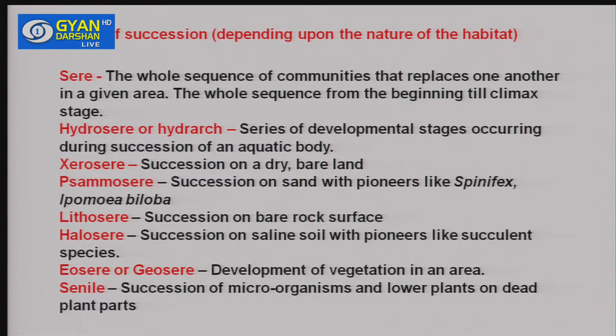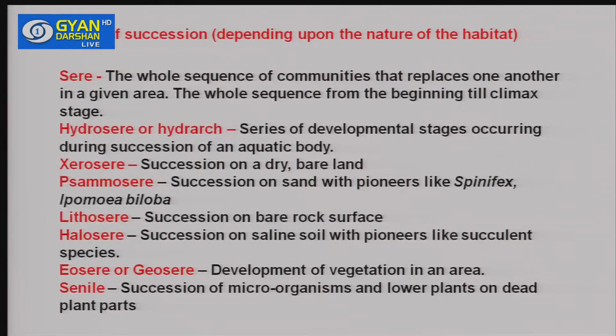So it has a directionality, and ultimately there will be a species at the end which will be the final community, and as we told, it's a climax community. So this whole sequence of community formation that replaces one another, we call a series, and it can be actually categorized into different classes or categories based on the nature of the habitat,